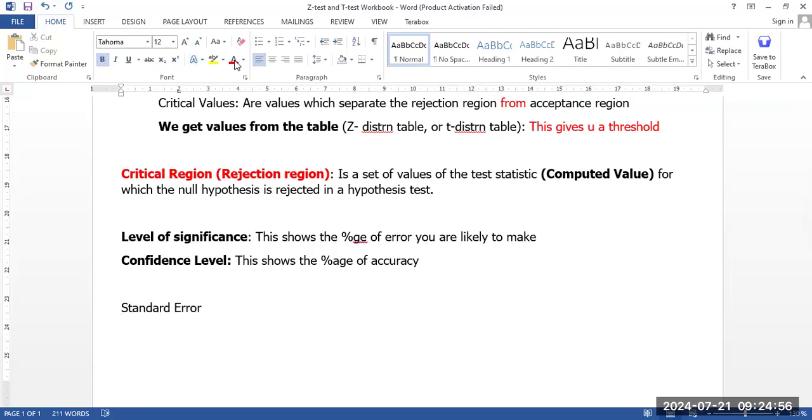Because we know that you cannot be 100% accurate, we need to provide in our computations, as we look for the computed value, the value of the test statistic, that line for standard error. And colleagues, as we read the value from the tables,